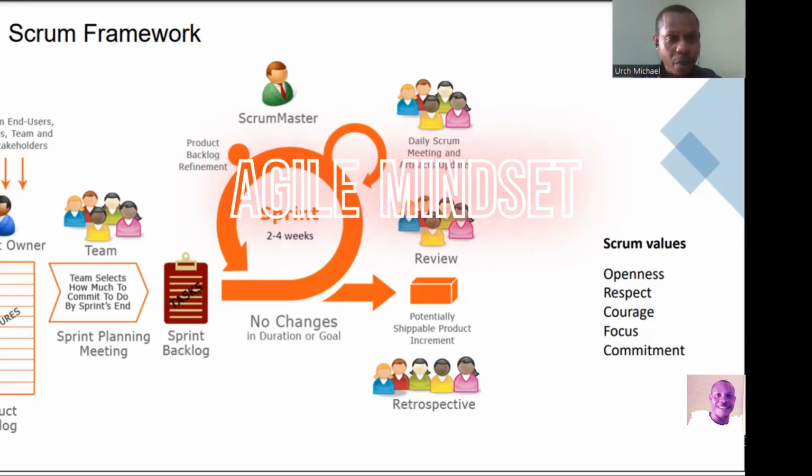So we have the team in Agile. Let me tell you something. In predictive project management, we say that the project manager is the integrator of all the knowledge areas.